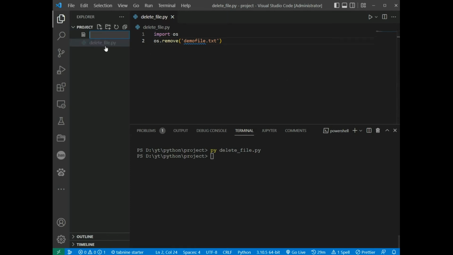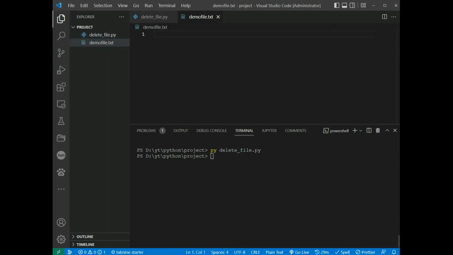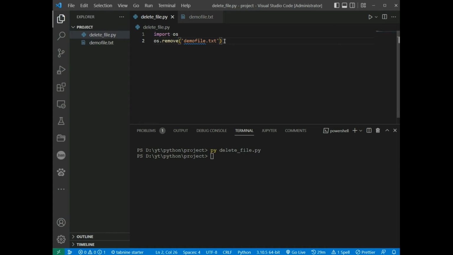And I create demo file again and check if file exists. To avoid getting an error, you might want to check if the file exists before you try to delete it. So in here, import os.remove, this or comment this, and